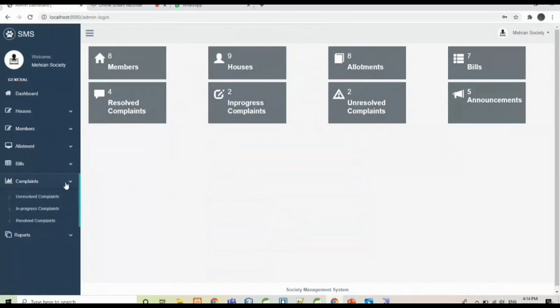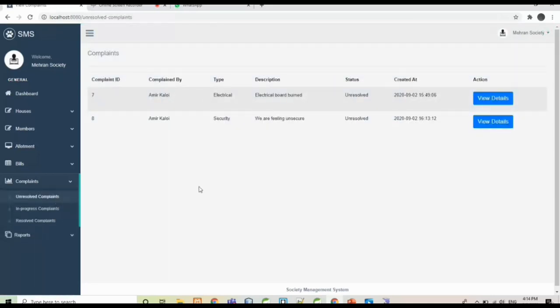In the complaints module, there are unresolved complaints, in progress complaints, and resolved complaints. Let's see unresolved complaints. These are two unresolved complaints which are complained by Amir Kaloi. And you can also see the complaint. Let's resolve these complaints.